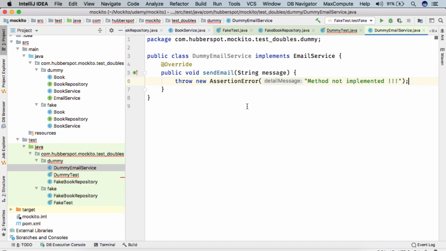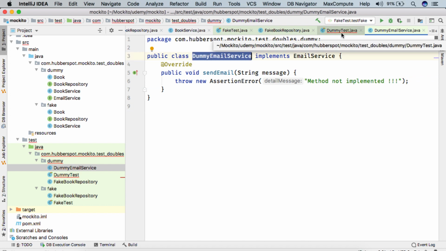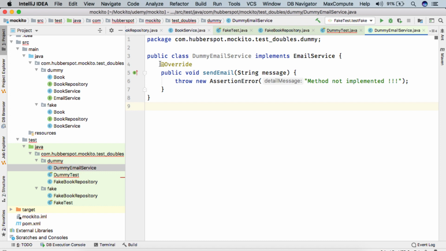The advantage of this is that we are using this dummy email service just to make the code compile, and if by chance our class under test calls this send email method, the assertion error will be thrown.